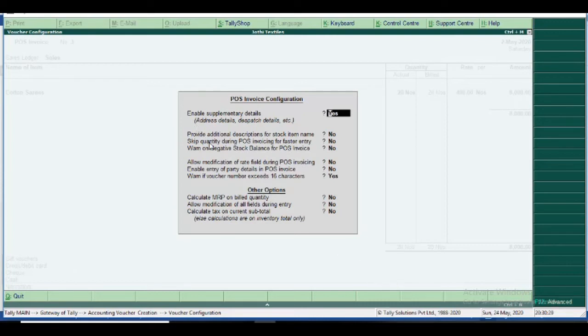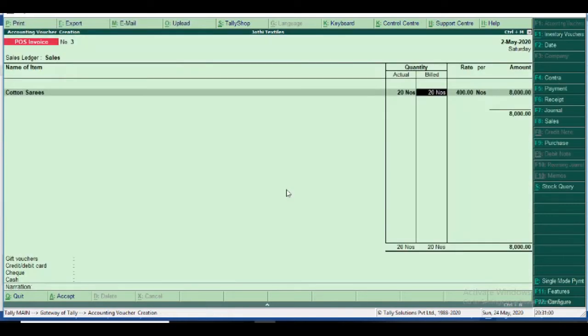I not only skip quantity in POS invoice for faster entry, no, and I enable entry of party details, no, and I allow modification of rate field during the POS invoice, yes. I give this option in your material, so usually you enable it at the time of POS configurations.